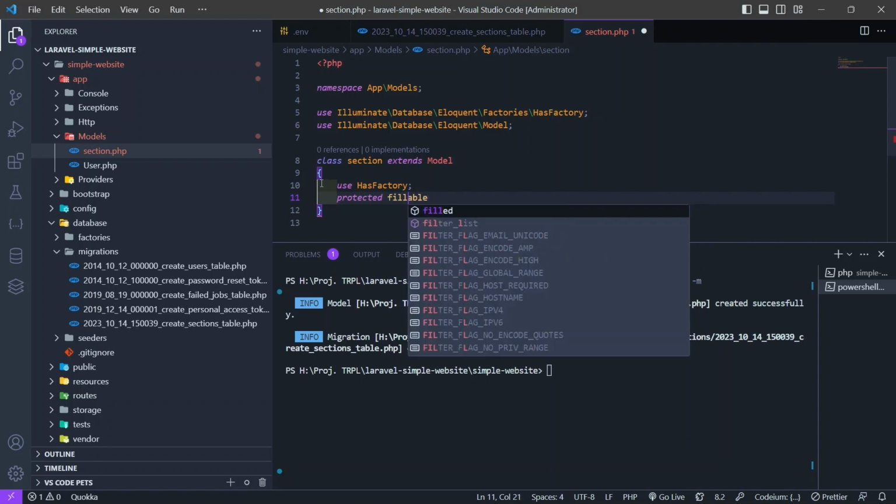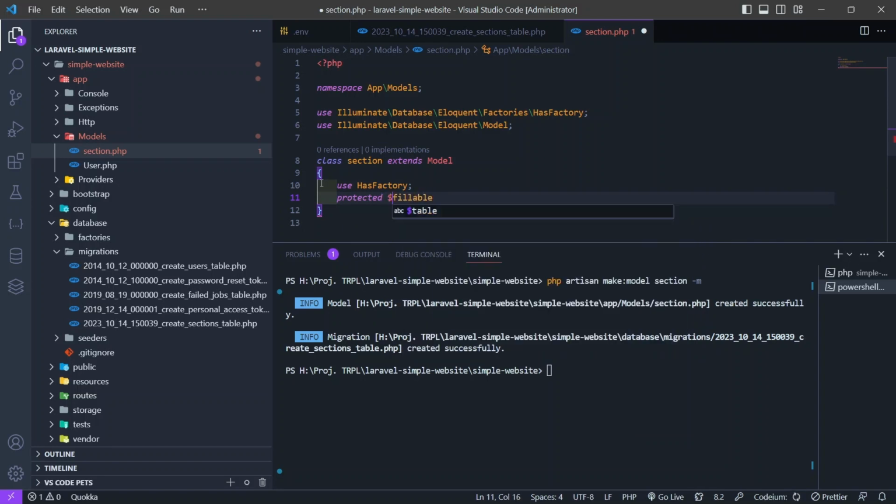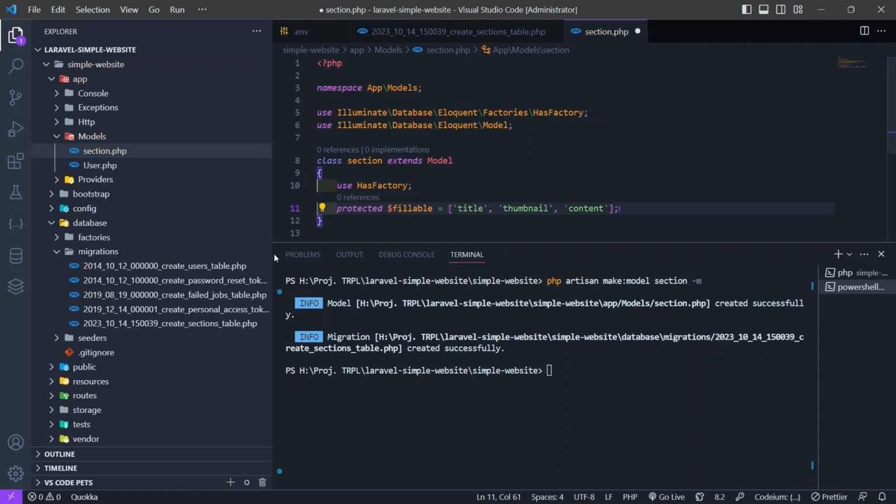Oh, don't forget the dollar sign, so it should be $fillable: title, thumbnail, content. Okay, that's it. And then we are going to migrate the new tables by using php artisan migrate. Hit enter,